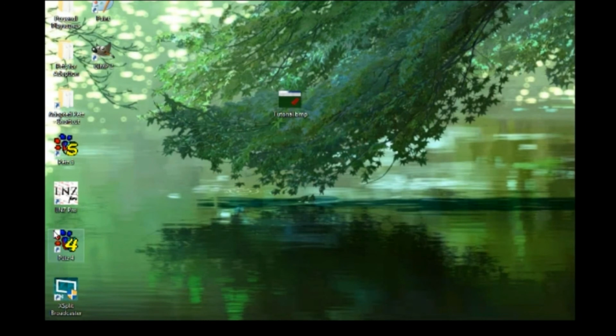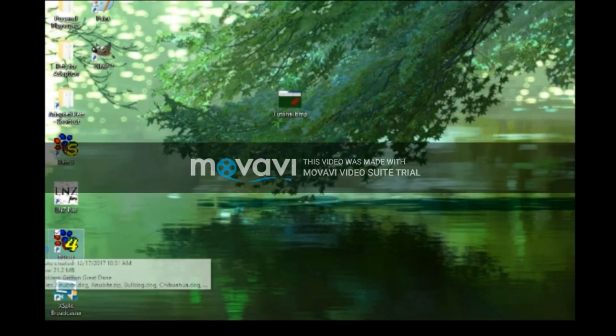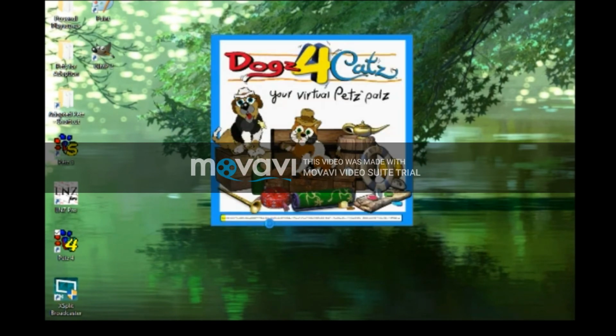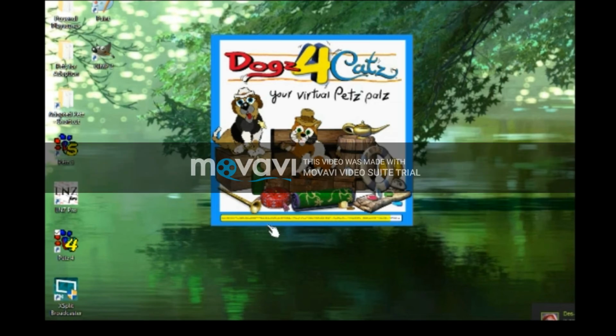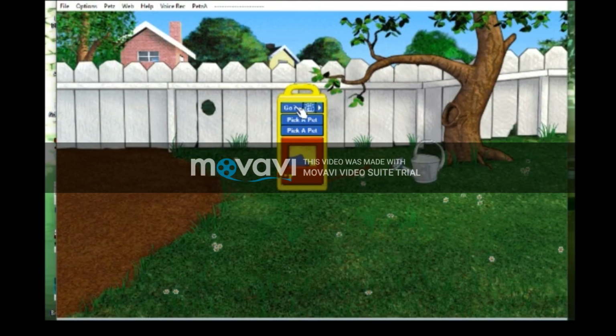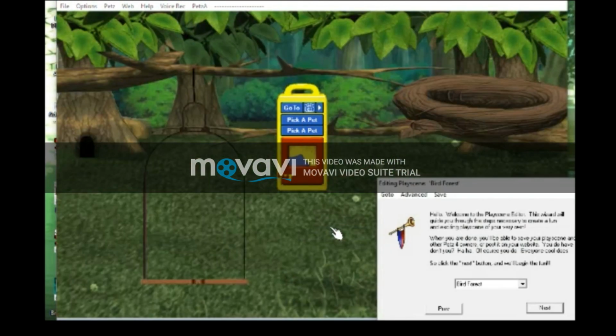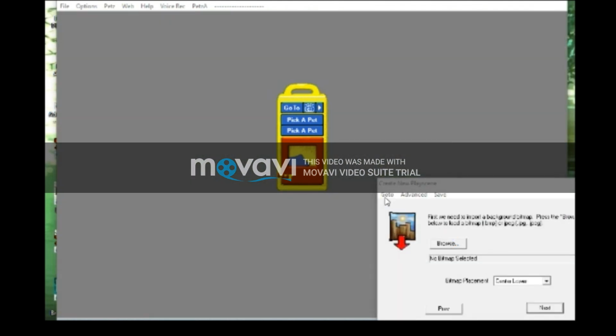Now it works pretty much the same way in Petz 4. I'm going to go through it anyway, just so that everybody's even, but it's the same thing. You edit it, you save it, it's all there, it's all ready to go. Pretty much all the sounds and things are the same too. They didn't change much between Petz 4 and Petz 5, other than Petz 5 has a lot better graphics, in my opinion. Create new Playscene, so you browse,